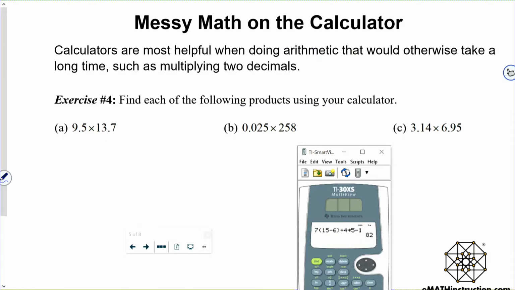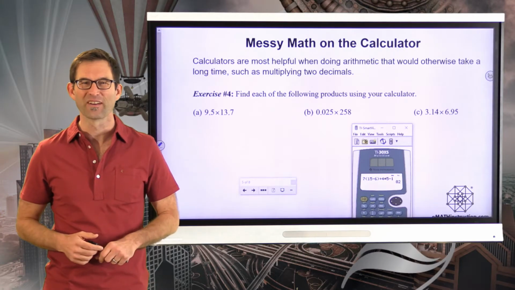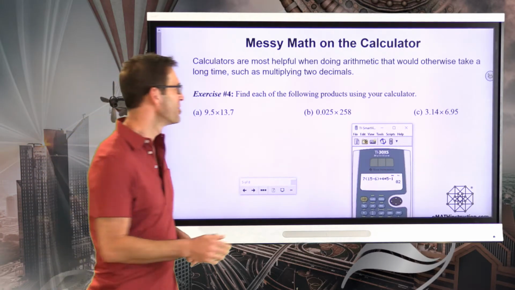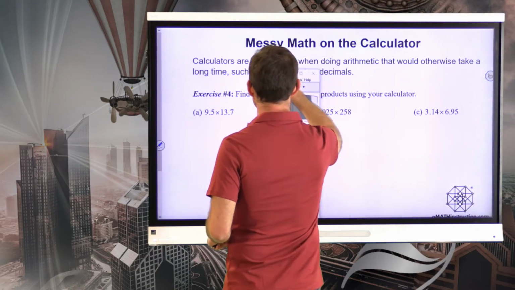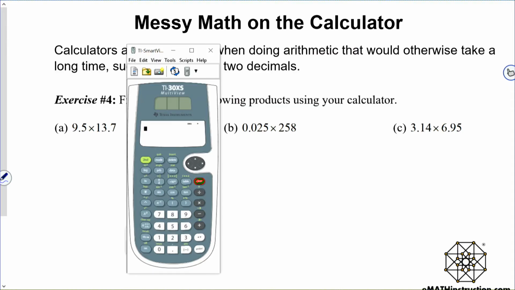Find each of the following products using your calculator. All right, those are pretty simple directions. Let's do letter A together, right? Let me bring over the calculator. And what we've got is we're going to have 9.5 times 13.7. Hit enter, and we're going to have